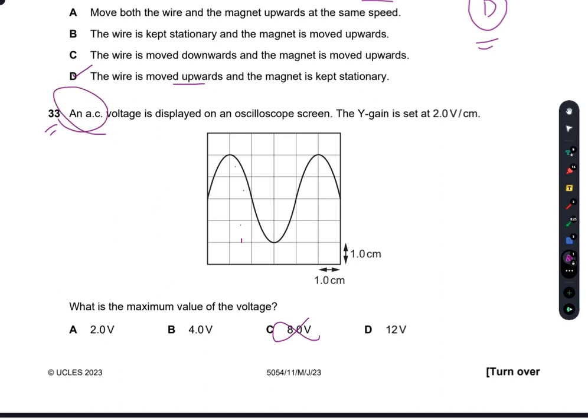This is an alternating current. So, if there is a positive 2 here, then there would be a negative 2 here. If there is a positive 4 here, then there is a negative 4 here. The total boxes here for the positive on the oscilloscope screen are 2, and each is 2. So I simply multiply 2 into 2, that is 4. So I will go with the positive 4. There is not an option of negative 4, but there could have been. Remember this, the maximum voltage is always the positive one. This is an AC voltage on an oscilloscope screen. So B is the right option.